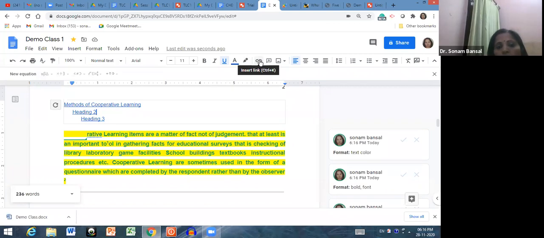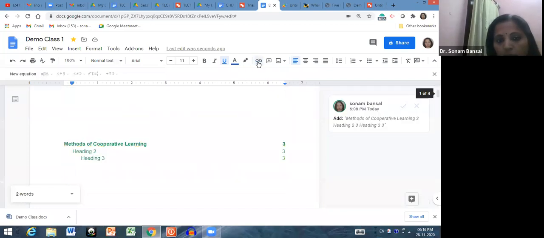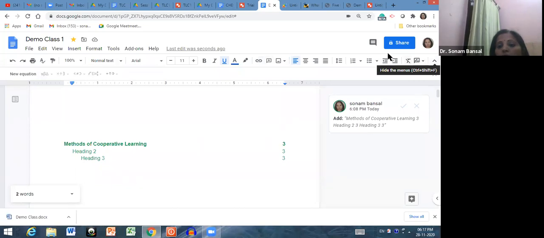And again, if you want to insert a hyperlink, then just click here and go to insert link. Then this link will be created here because I have added this add-on feature. Then add comments. I already told you how to add comments, and this is how to insert the image. And right and left aligned features are there, and these are the general features.